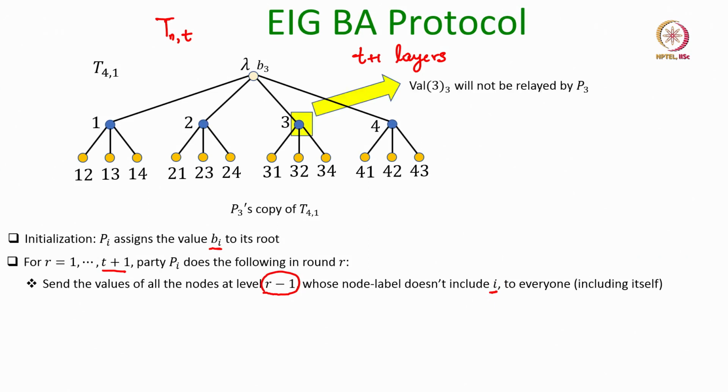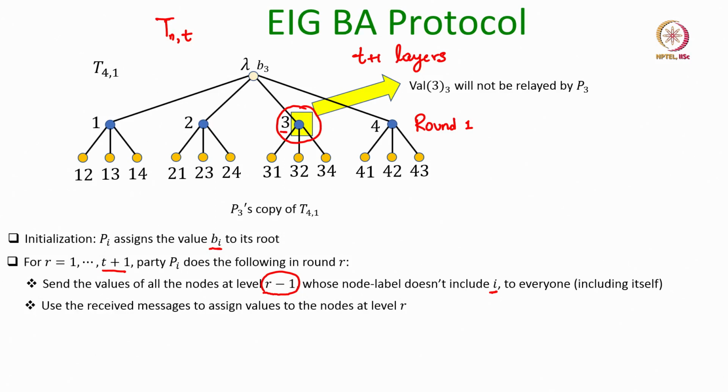For instance, during round 1, party number 1 will never send the value it has assigned to this particular node to anyone, because the label of this node has the index